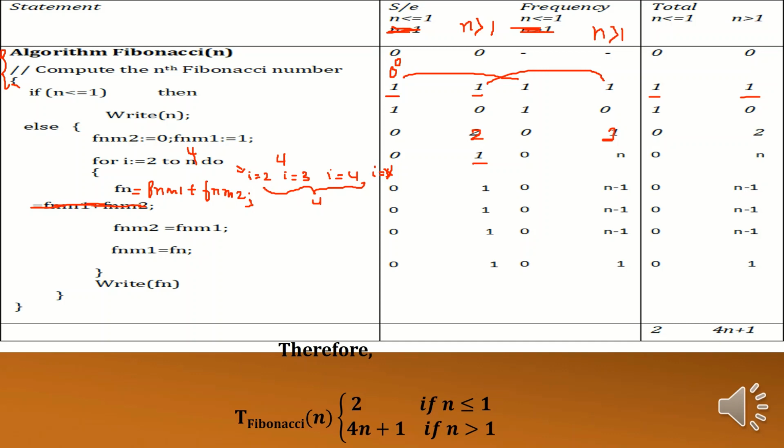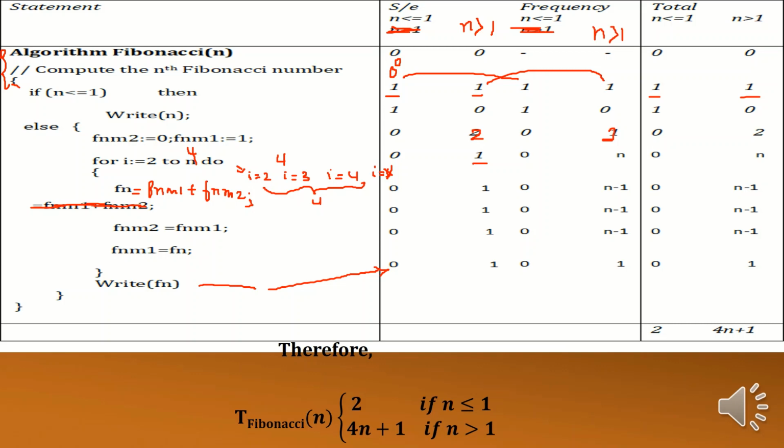Finally, the write line is executed 0 times in this case and one time in the other case, so 1 into 1.